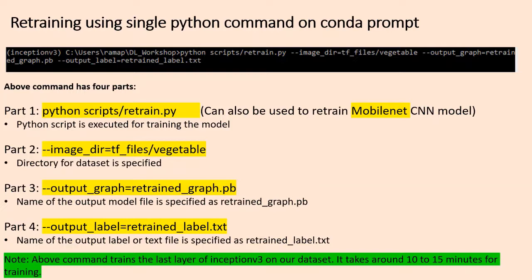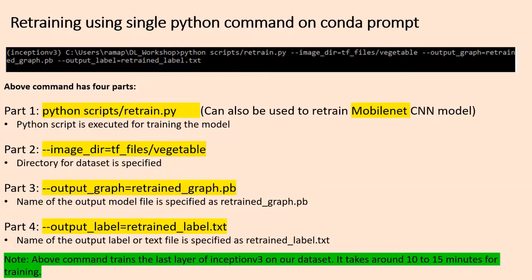The first one is, if you are executing the Python script, so python, and retrain.py. I have it within a subfolder called scripts. Okay, so this is the file to be executed. After that, there is an input argument which has to be given. That means this file requires an image directory, which is nothing but the data set.